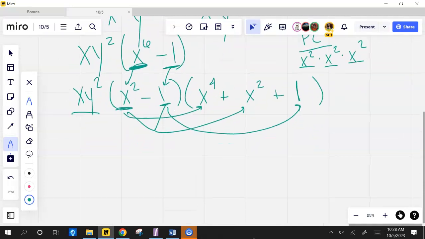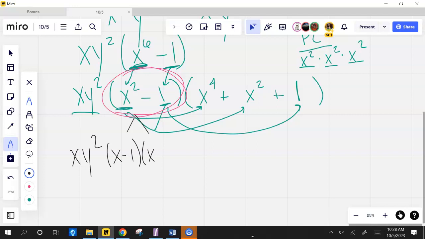I can. That very first parentheses is a difference of 2 squares, so I could do xy squared. I could break this one down again. And then I still have this one, and it is in quadratic form, but I can't factor it any further for you. So that's the answer. And now it's factored completely. This is one of those things that